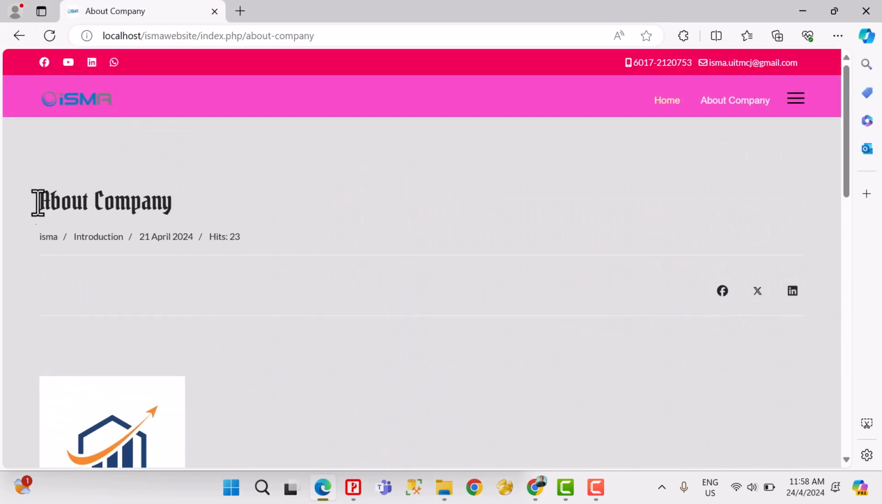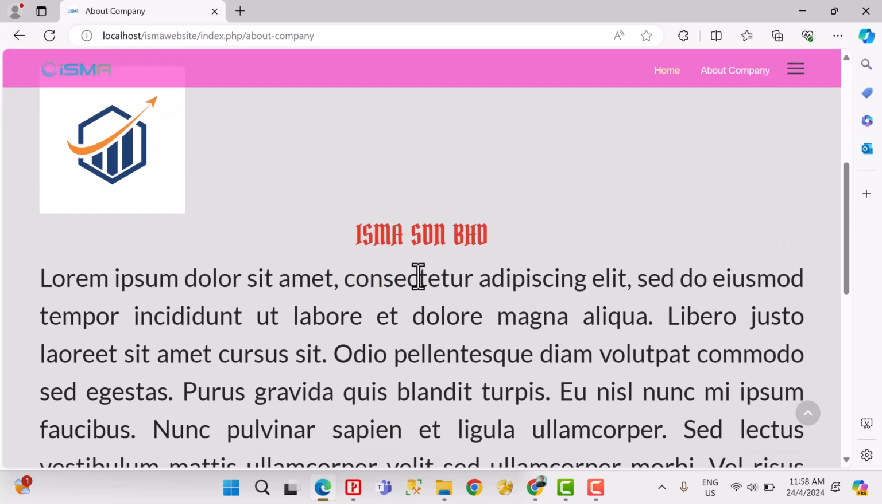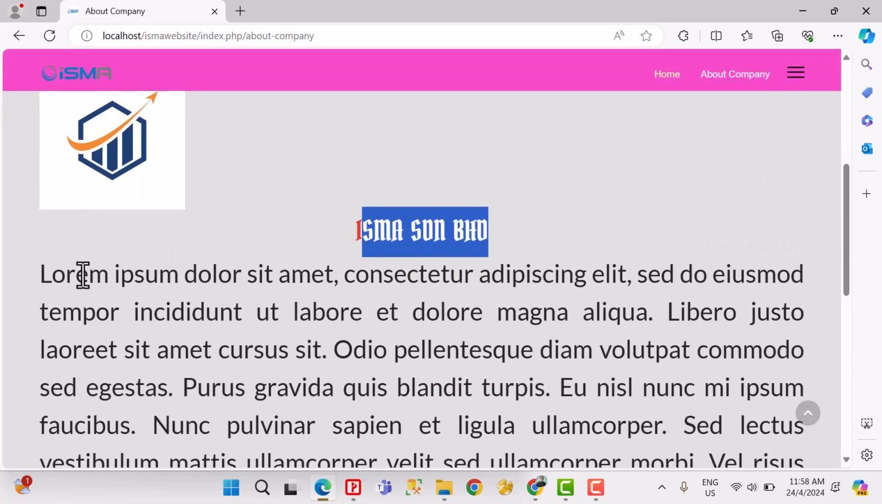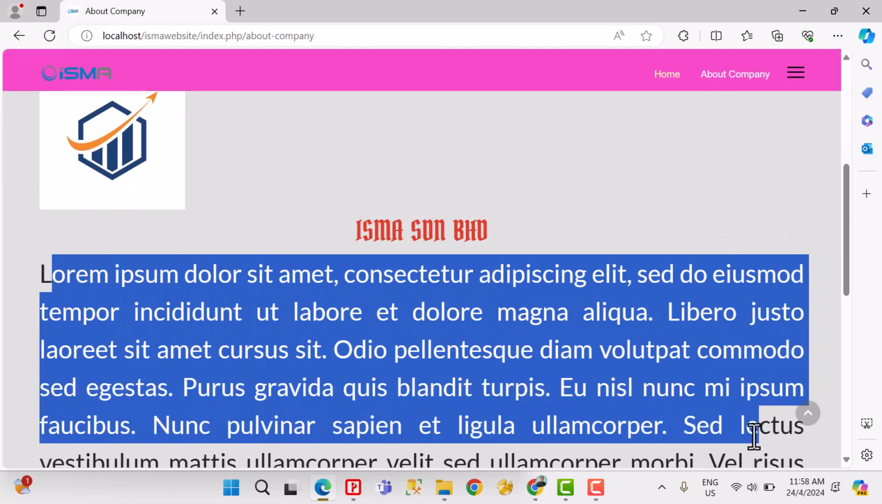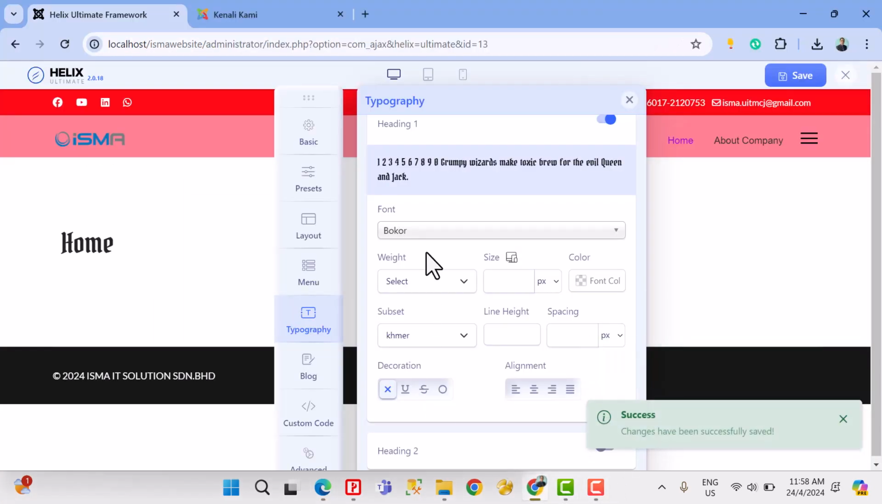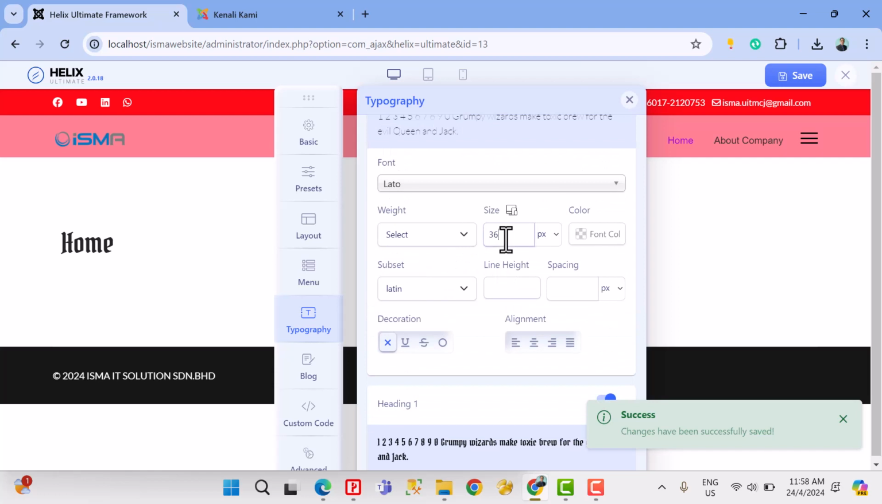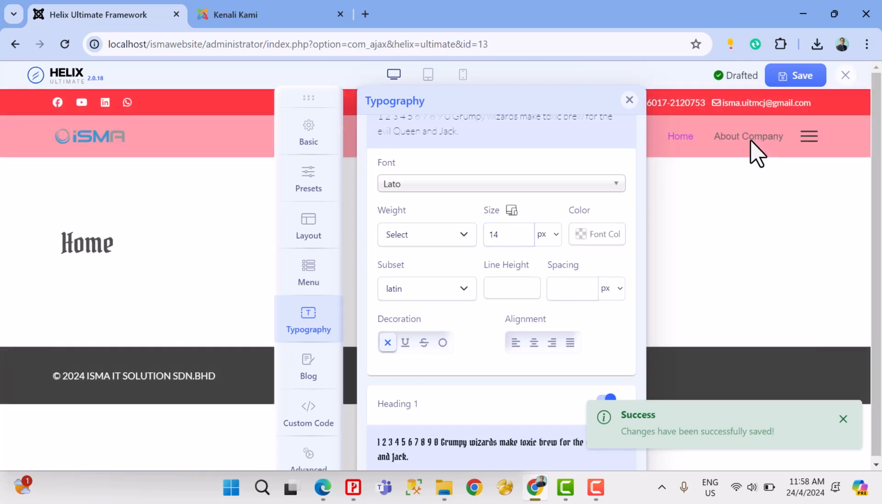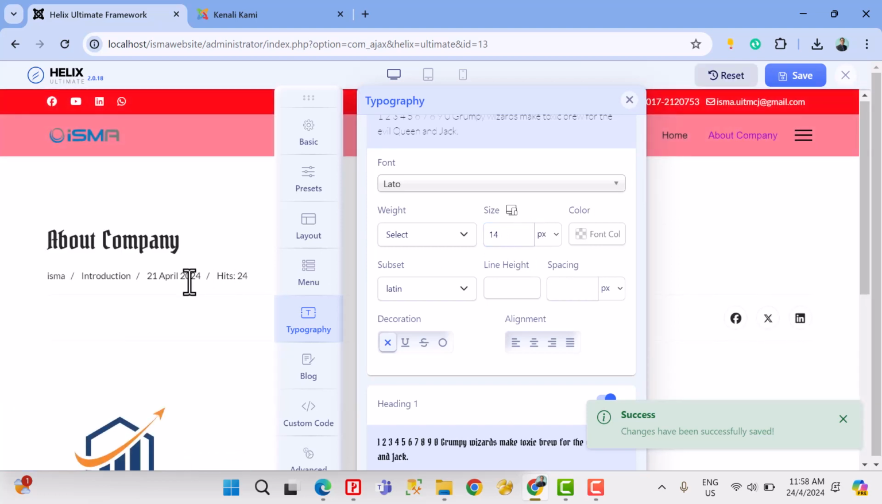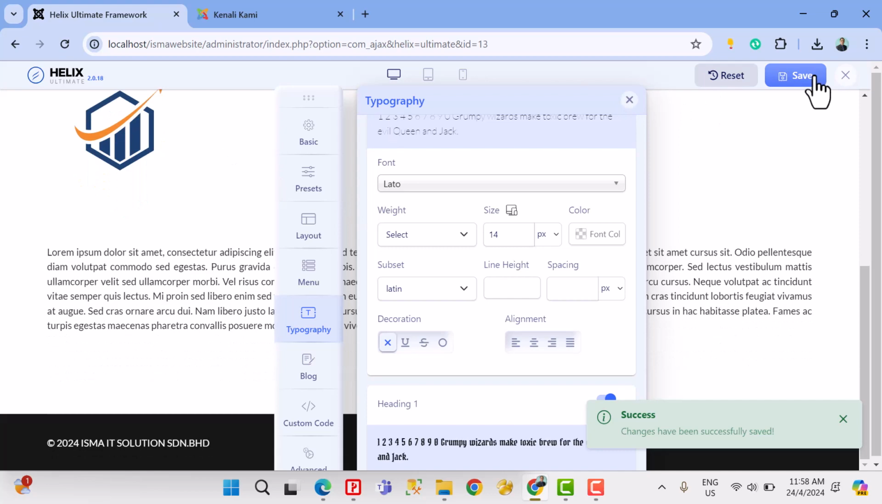You can see only the heading. This is H1. This is also H1. I think the text is quite big for this one. So what you can do, you can change it. Okay, 36, maybe I just put like 14. This I think is quite good enough. All right, 14 is quite good enough, right? So if I save,